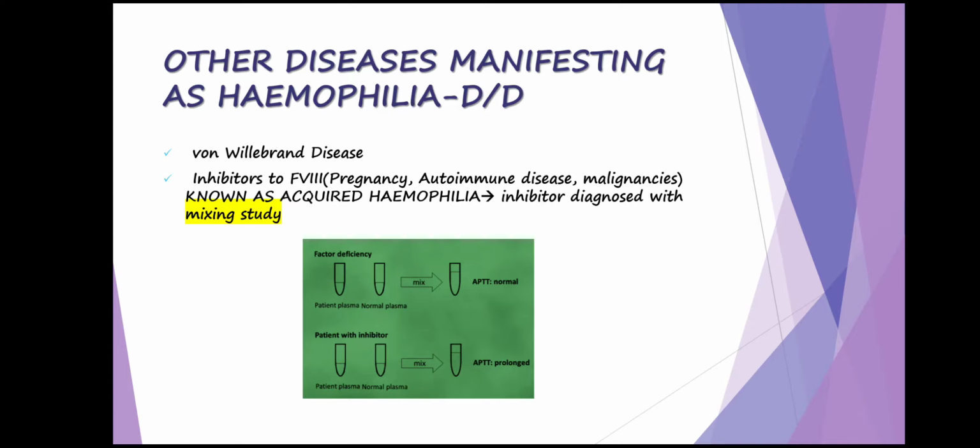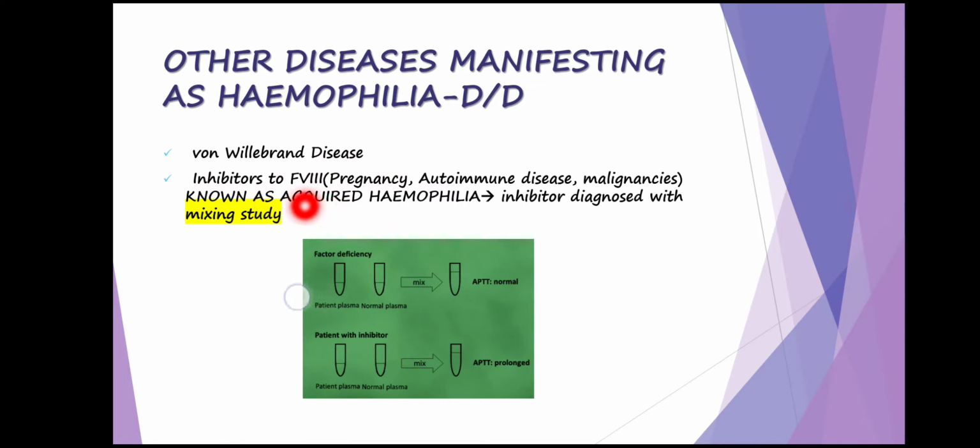And the other important role is that it binds to factor 8 and increases its half-life from 2.5 hours to 12 hours. So if there is von Willebrand disease, the deficiency of von Willebrand factor will also cause a decrease in factor 8. So it will have platelet adhesion defects and also coagulation defects because of decreased activity of factor 8. So it can manifest as hemophilia, especially the severe form of von Willebrand disease.